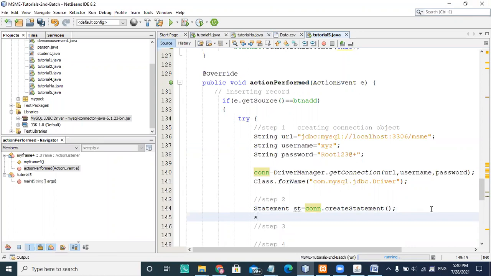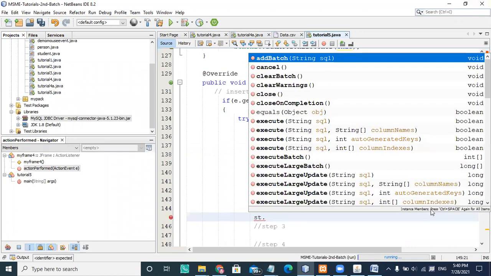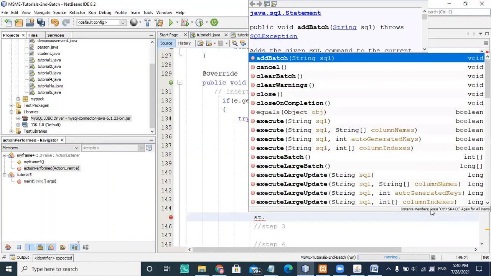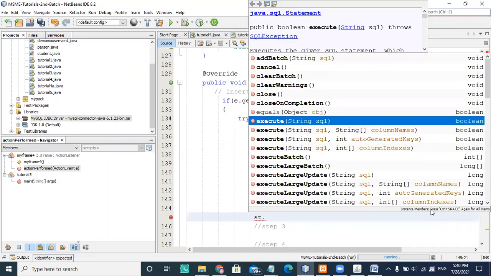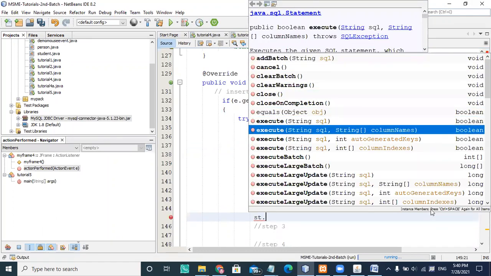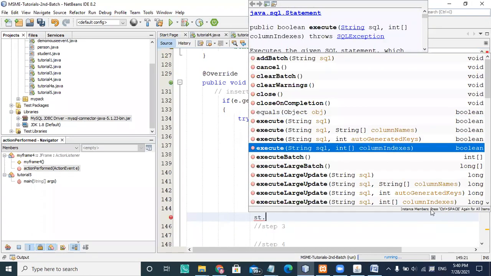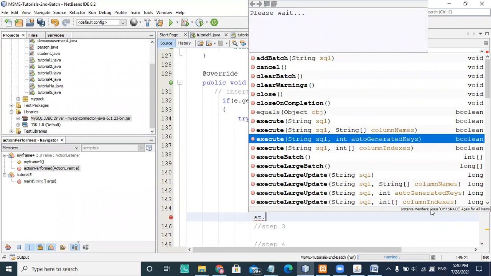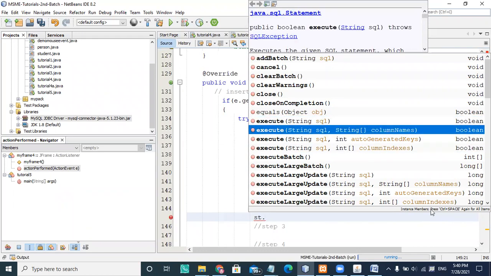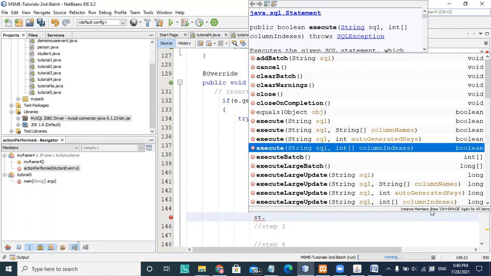If I choose st dot, it says that you can execute a SQL query, with a group of columns or an array of columns. There are n number of overloaded methods with different signatures.